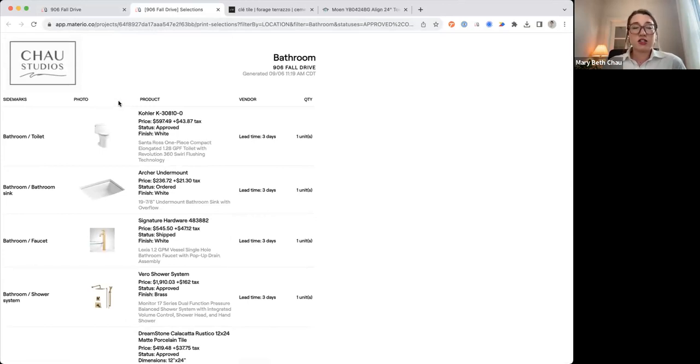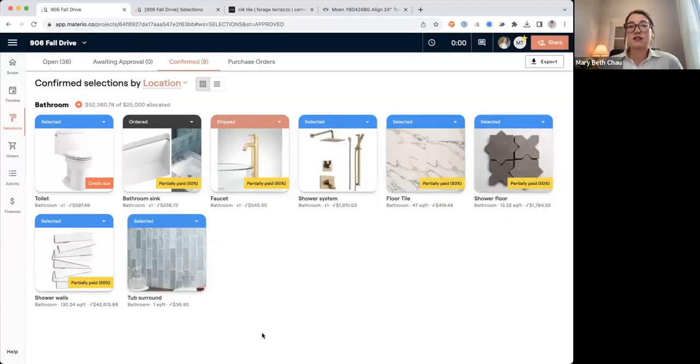You could print it by location and have those printed out and ready to go. You could even do it with those mood boards, product boards beside it, and then have your physical samples together. So it's all organized. I really encourage, though, that printing is not necessary when it comes to client presentation. If you really wanted to opt into presenting with paper, you can, but I think that you can